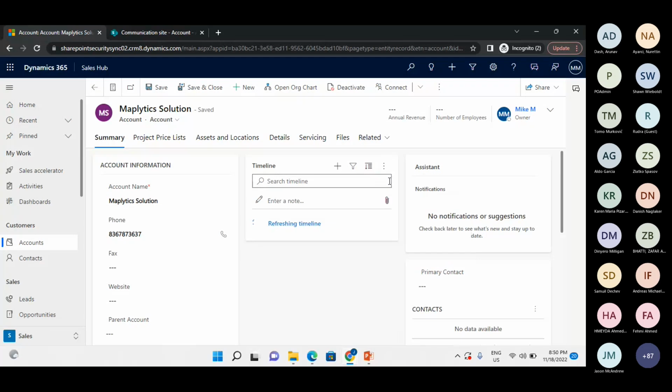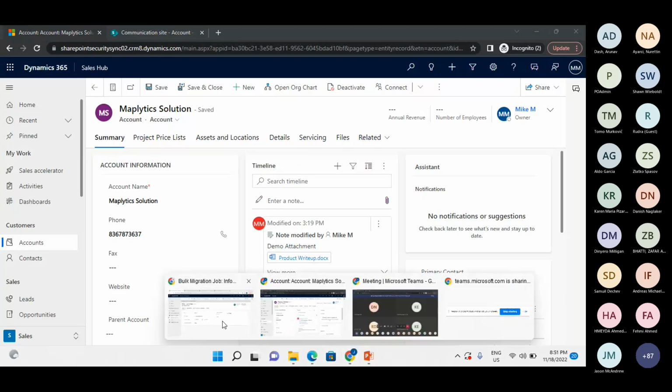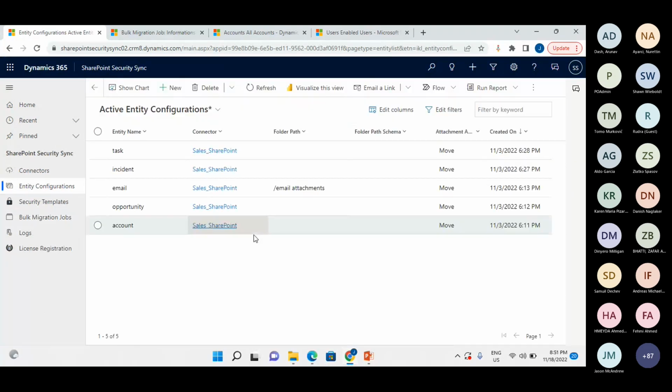So it will take a few minutes to get migrated, whenever any notes. Similar to this case I was talking about, let's say for example the email attachment also. There may be a lot of emails along with a lot of attachments hitting the system. So once you configure the attachments over here, the entity configuration for which you want to perform the migrations. If you see, since I have done it for an account entity and attachment action,